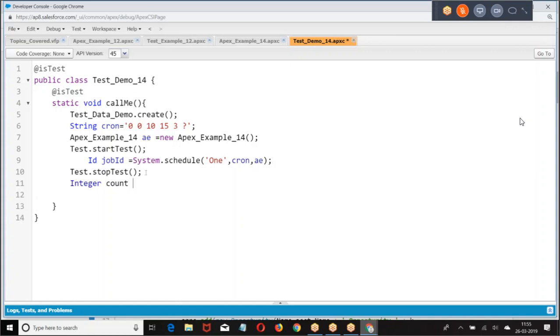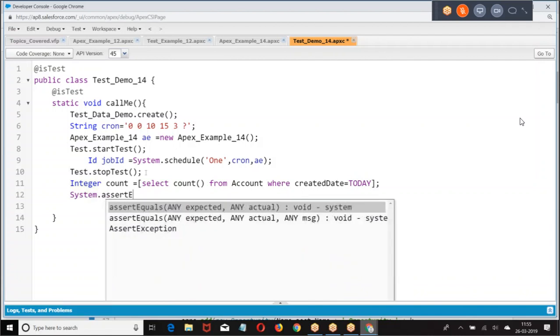Integer count equal to... What should the count be?